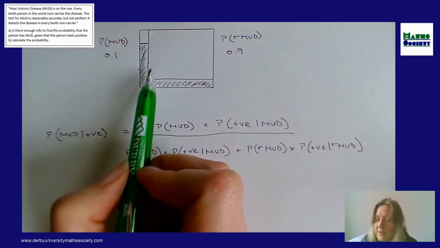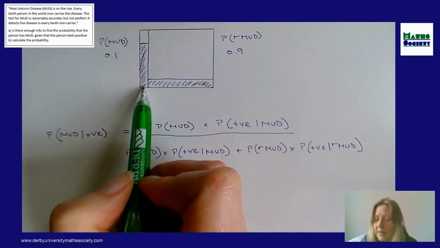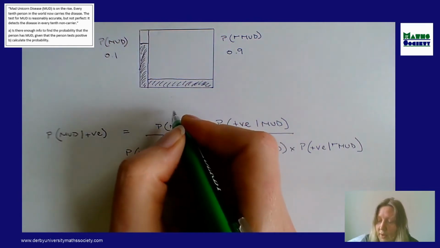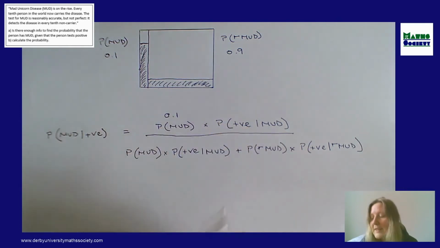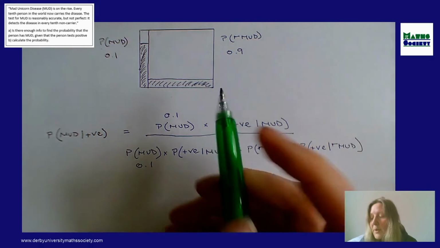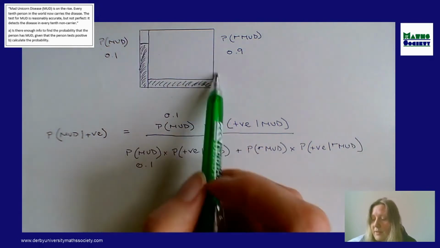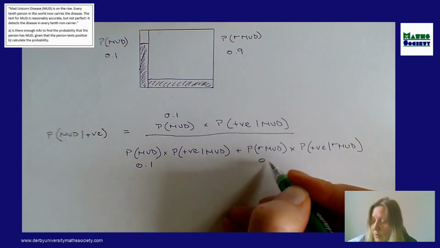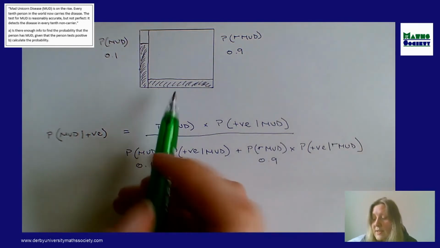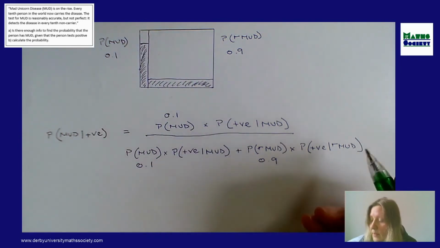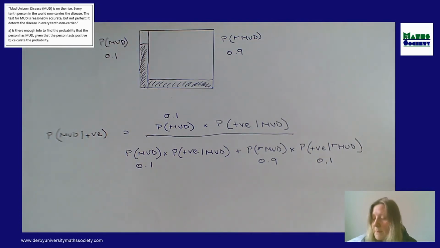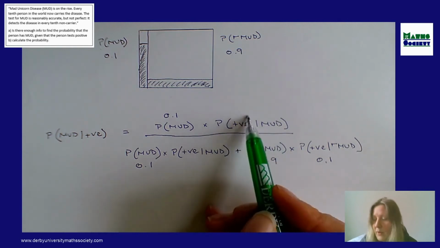Okay, so all the information that we know from the question. The question tells us about all the people in the world that do have the disease, taken from a sample, and that's at the bottom as well, so 0.1. By definition, we know all the people in the world that don't have the disease, which is 0.9. The question does tell us the false positives, which is 10% of those people there, so we need to put that in there. So there's 10% of false positives.